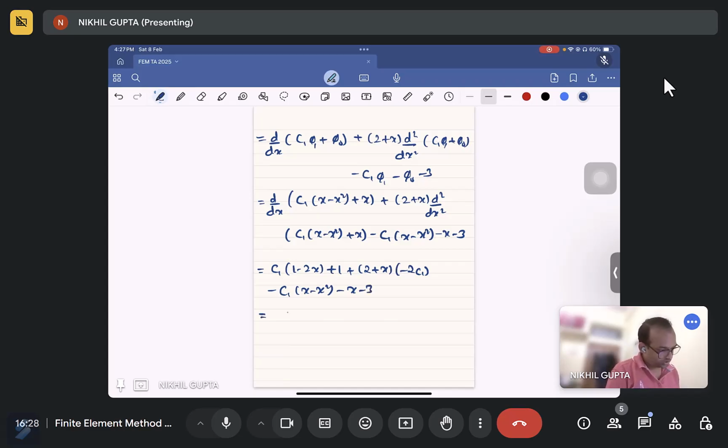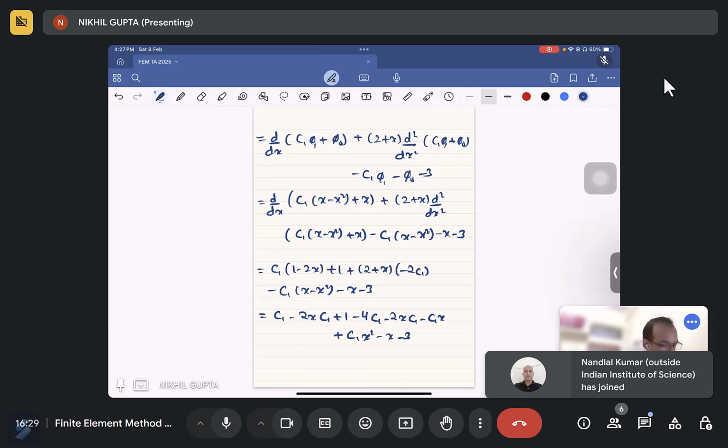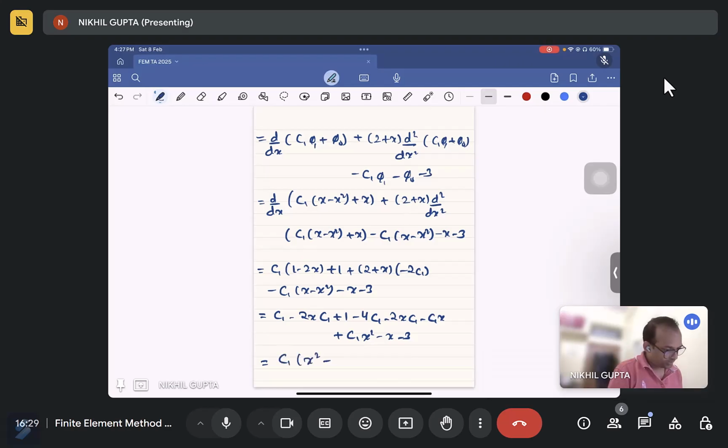Okay, now this equals c1 minus 2x c1 plus 1 minus 4 c1 minus 2x c1 minus c1 x plus c1 x square minus x minus 3. Okay, so I'll skip a step and write the final version as c1 x square minus 5x minus 3 minus x minus 2. So first, since we have to use our multiplication method,